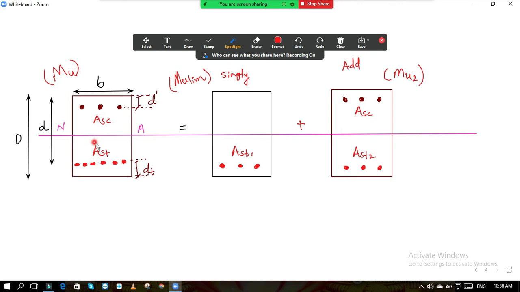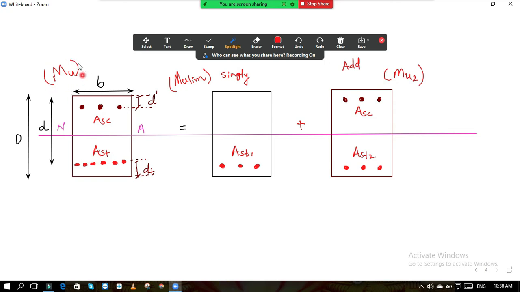Okay, that is your doubly reinforced section. So every quantity will get added. If I want to calculate the total area of steel, then it will be AST1 for singly reinforced section plus AST2 of this added section. If I add this, I will get total AST. In terms of AST also, here there is no steel in compression zone. So whatever may be the AST here in the added section, that will be there in your total section. Okay. Similarly, in the case of bending moment also.